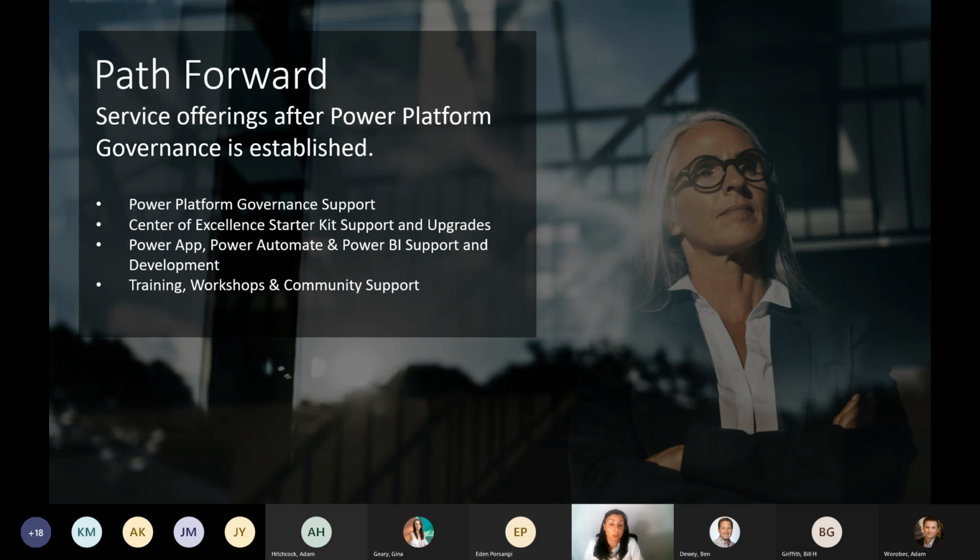For the Power Platform Governance support, we do offer that option through documentation, meetings, walkthroughs, and training, where needed. This can be a vast amount of things, but looking at some of the documentation we have in place is part of that support. We also offer Center of Excellence Starter Kit support and upgrades too. Depending on the client and the situation, upgrades can be very easy or very difficult, depending on your knowledge base and how much you know about the Center of Excellence, or even if it's just a timing issue. We do offer that kind of support as well, and any additional custom development that could be needed